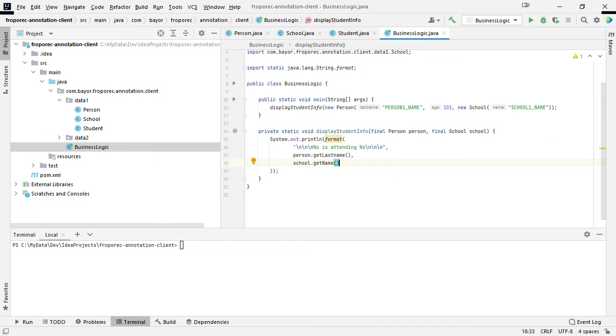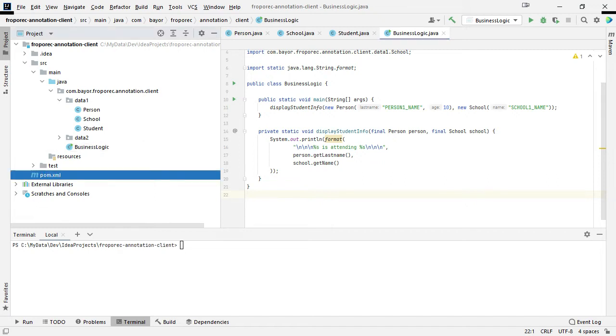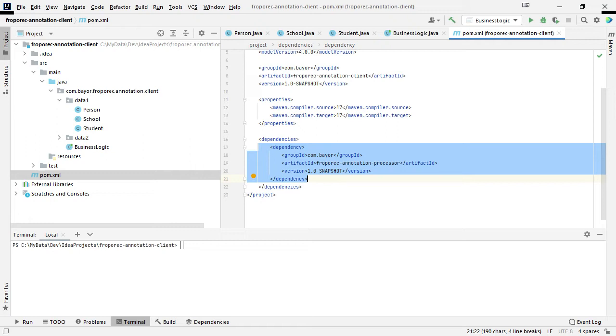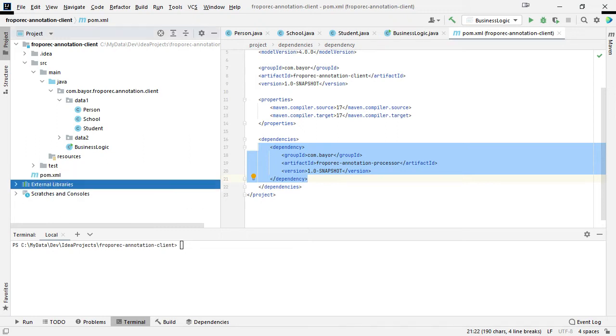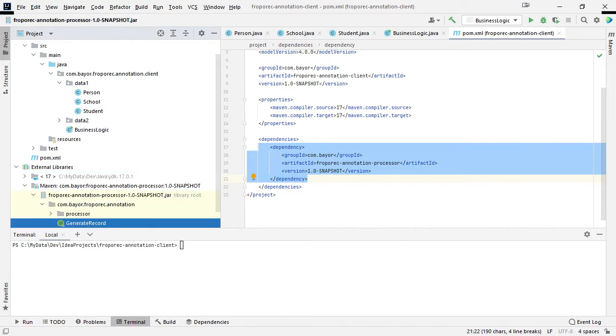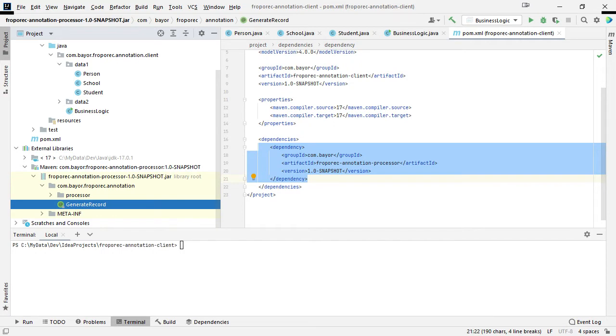the very first step for you to use our tool is to add it to your project class path. So if you have a Maven project like this one, all you have to do is go to your dependencies and then add our dependency, the tool dependency. And what this dependency really contains, I'm gonna show you here, is just a jar file, as you can see here, and it contains the most important element, which is the generate record annotation.